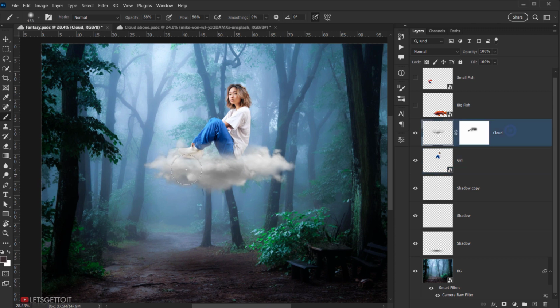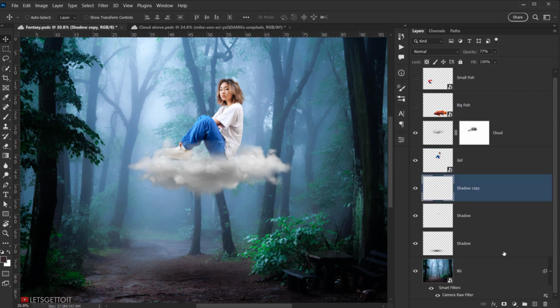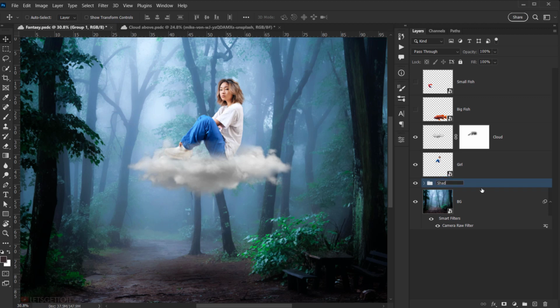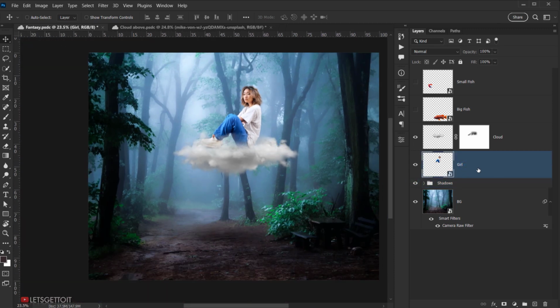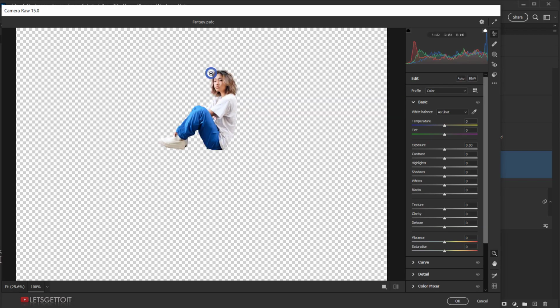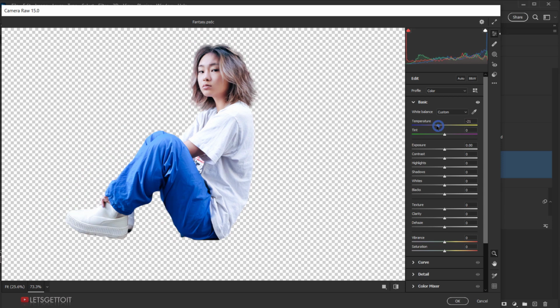Now it's time for us to apply some adjustment to the girl layer, and let me just put this in a group and call this shadows. Alright, now we'll select the girl layer, and then I would go to filter and choose camera raw filter, and I will basically do the same as I did for the background. I will put down the temperature to add more blue like that, and a little bit of green,